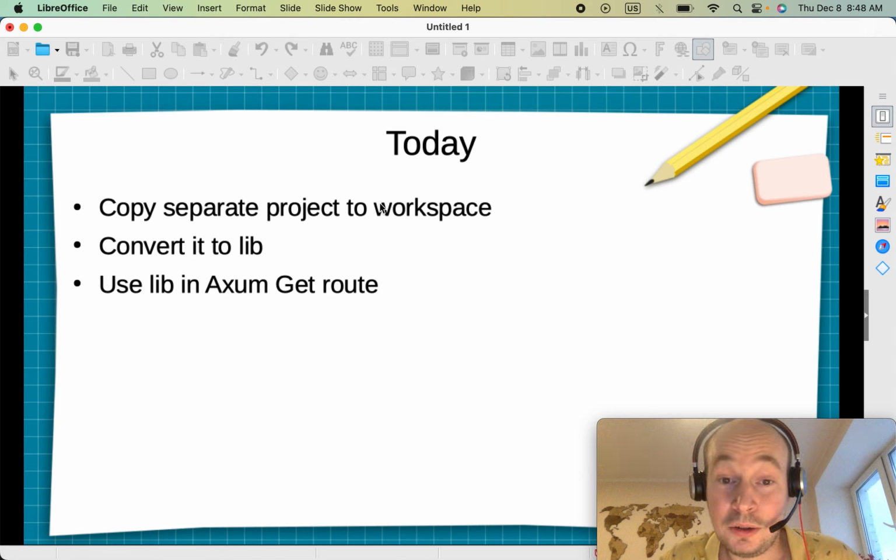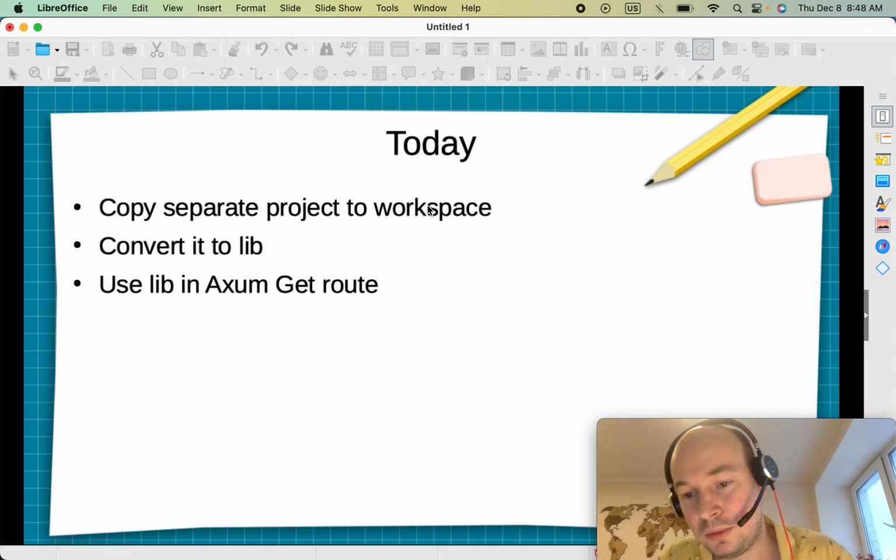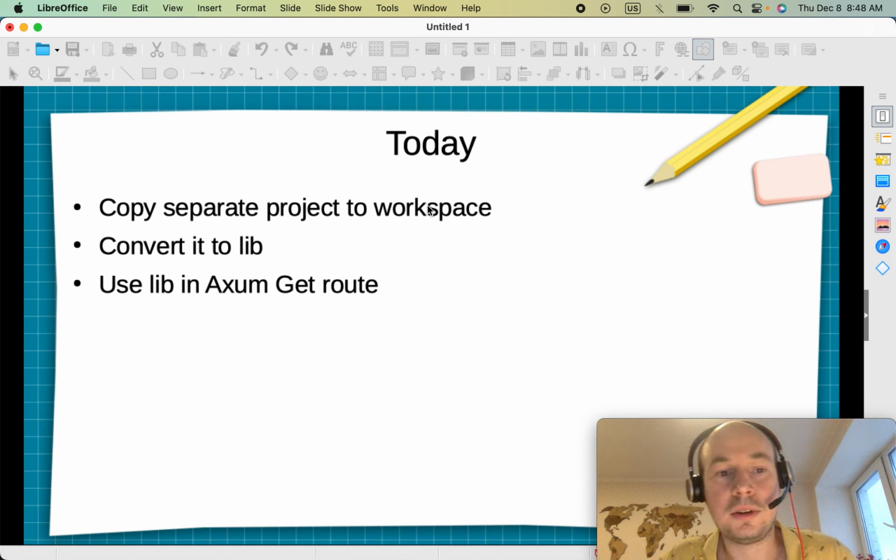I will literally copy my existing project to a workspace of Rust. I will have to change that project's nature. I will have to make it into a library. I will expose some of the methods from that little project so that it becomes accessible by other sub applications in the workspace. And I will actually use my little project in my Axum